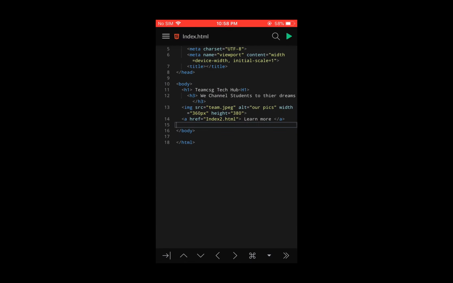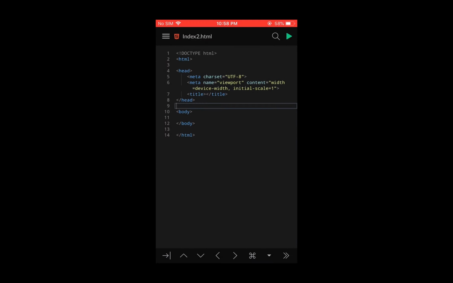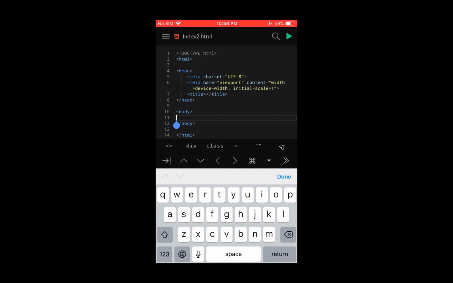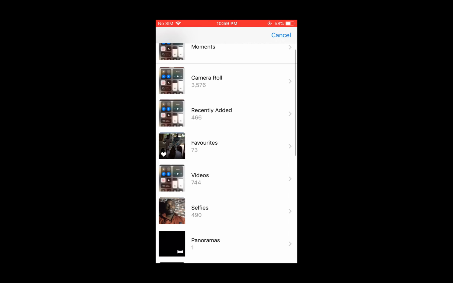So I will go back to this index2 and click on it. I want to add another picture there. So I'll just come down here and write H1, or just click to add the images. I use the img tag. So I want to add another picture in this index2. I click on plus, import file, photo gallery. I go to camera roll